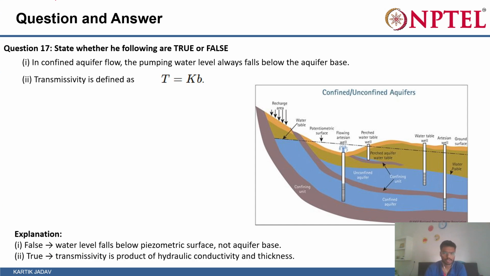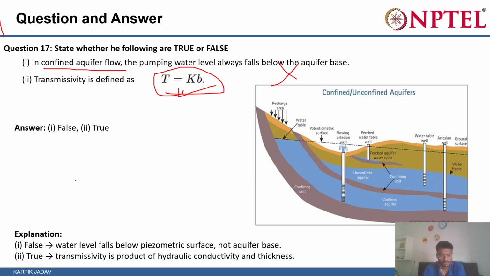Which of the following statements are true? First statement: in confined aquifer flow, pumping water level always falls below the aquifer base. It is incorrect. Transmissivity is defined as T is equal to. First one is false, and second one is true, because water level falling below the piezometric surface is not